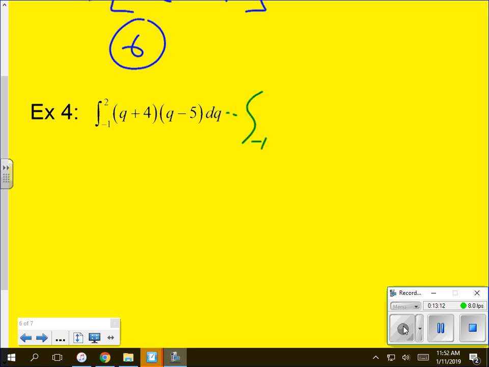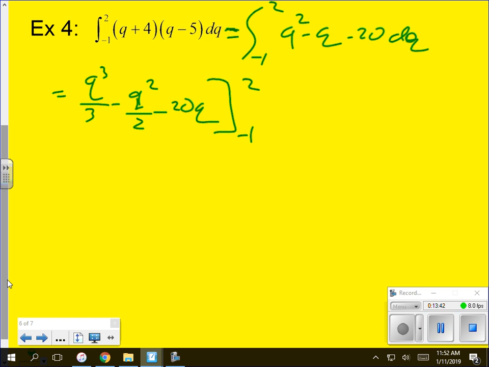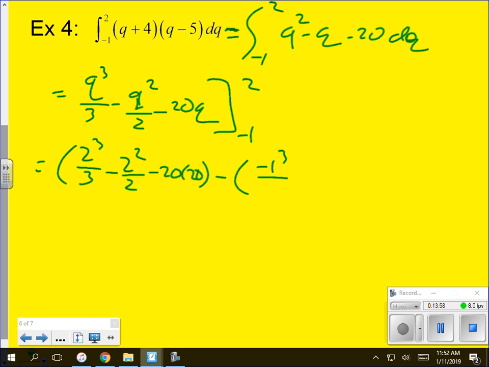So I get the integral from -1 to 2 of q squared minus q minus 20 dq, which is q cubed over 3 minus q squared over 2 minus 20q, evaluated from -1 to 2, which is 2 cubed over 3 minus 2 squared over 2 minus 20 times 2 minus -1 cubed over 3 minus -1 squared over 2 minus 20 times -1,